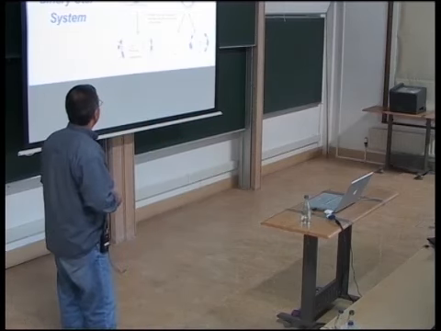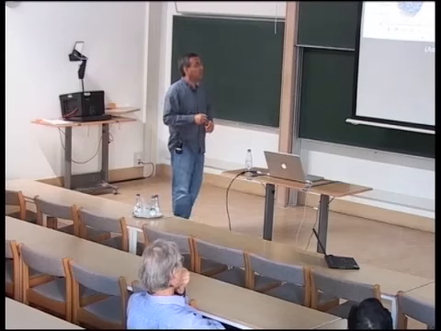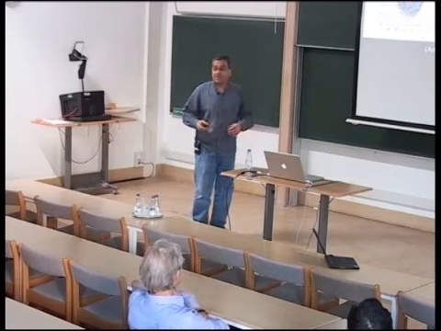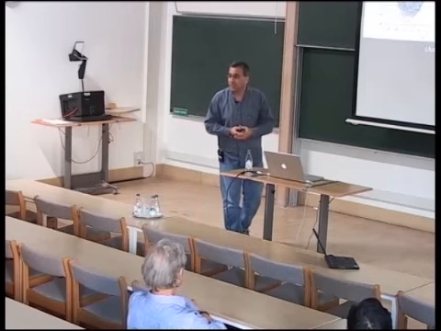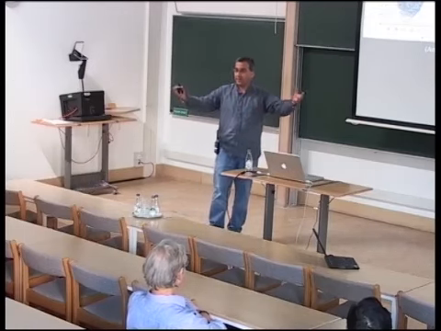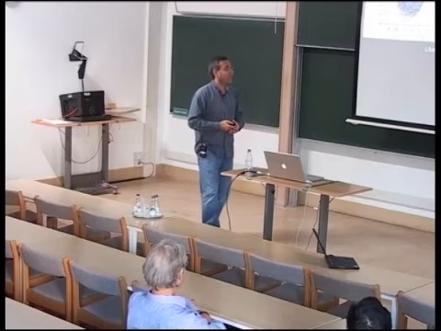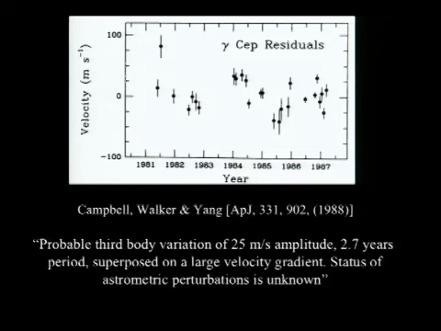There were also simulations like this by Artemovich and Lubo. They were saying that if you have circumstellar disks around the components of binaries, as long as they don't interact with one another, they go on circular orbits, they're safe. But once you have eccentric binaries, then disks may truncate each other, something from 50 to 90%. And that causes material that is going to form planets to go away, and you are not going to have planets in binaries. Well, it turned out that observers knew better.